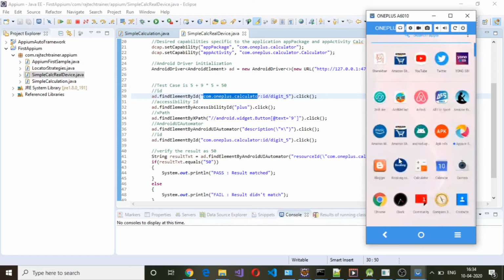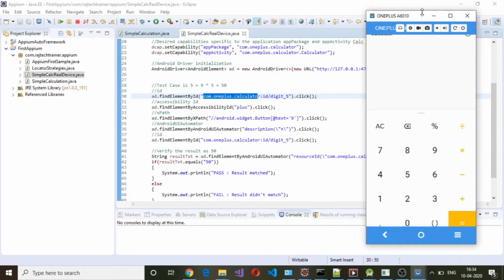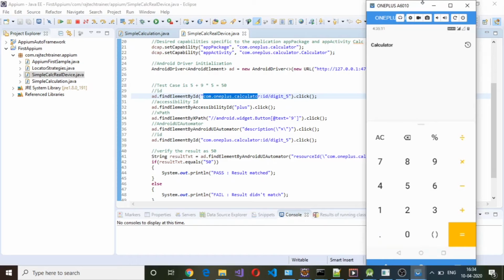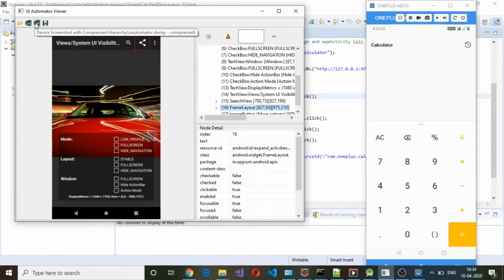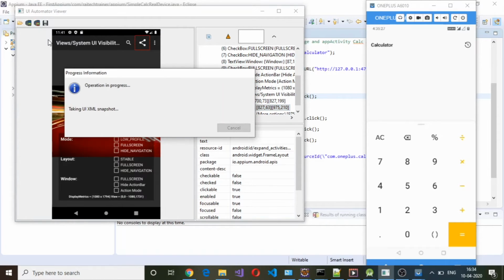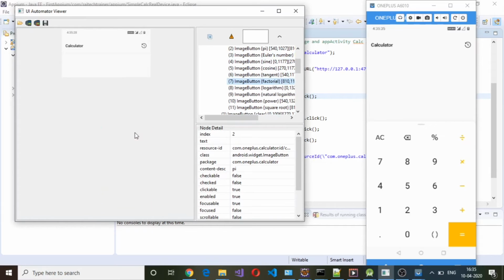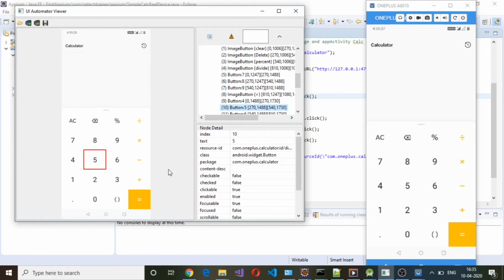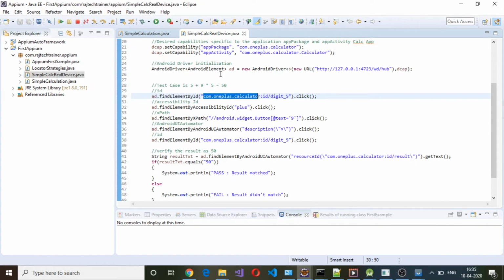Now let me open up the calculator application itself. Let me take the screenshot here. Click on this. In order to click on 5, what I have done here is com.oneplus.calculator.